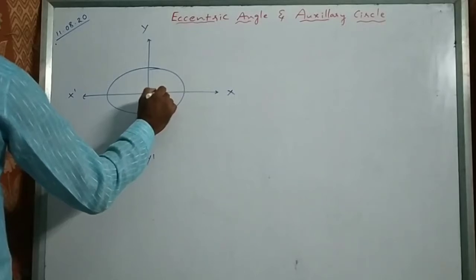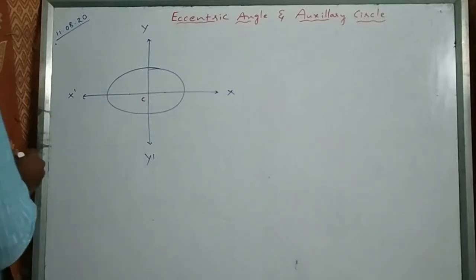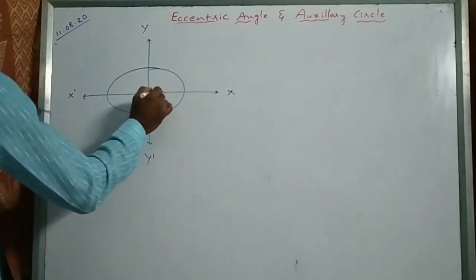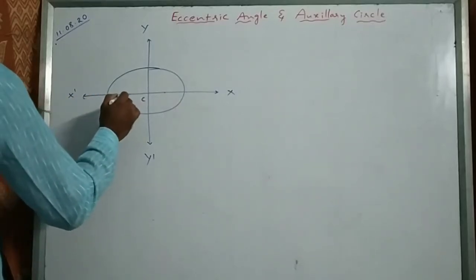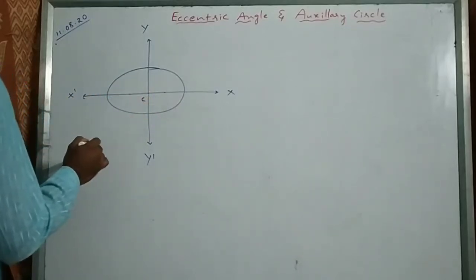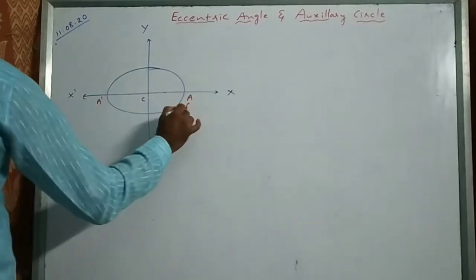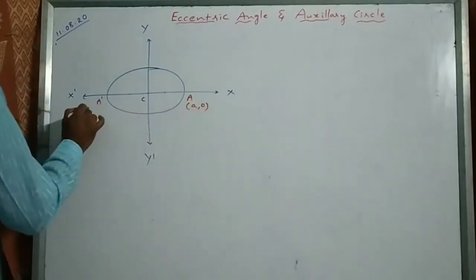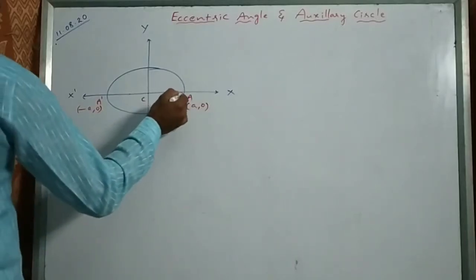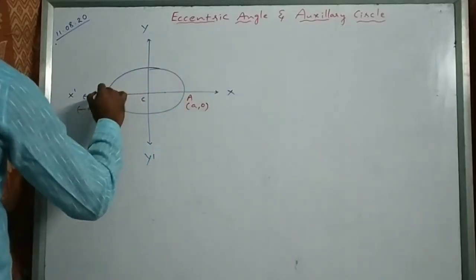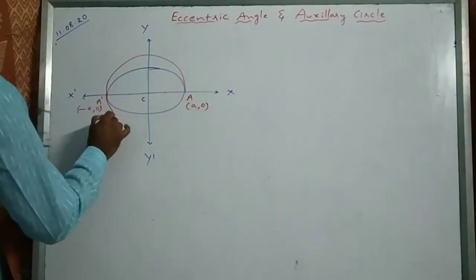These are the foci. Here one focus will be there, here one focus will be there. Focus singular, foci plural. So S dash. Okay, now with C as center, A dash is what? A comma 0. This is minus A comma 0. Vertices. So passing through these vertices